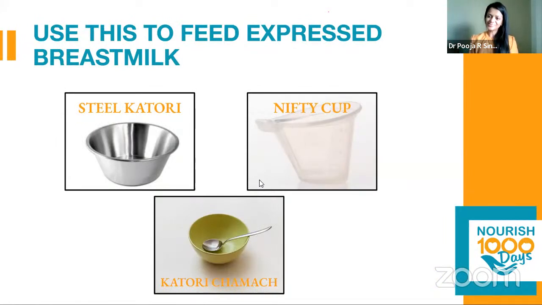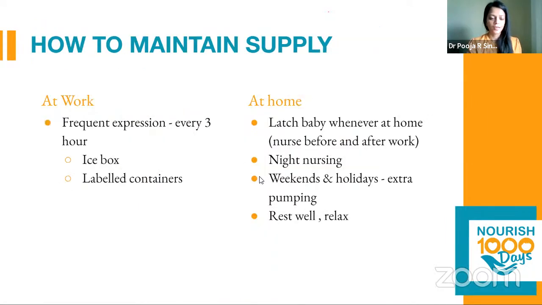So what do we use? We can use simple steel katoris or vatis, or a nifty cup, or a simple katori chammach to feed the expressed breast milk to the baby. And these are the most physiological, and babies have the skills to drink from these kinds of cups and katoris instead of using bottles. Right? So let's understand how we are going to maintain supply at work: